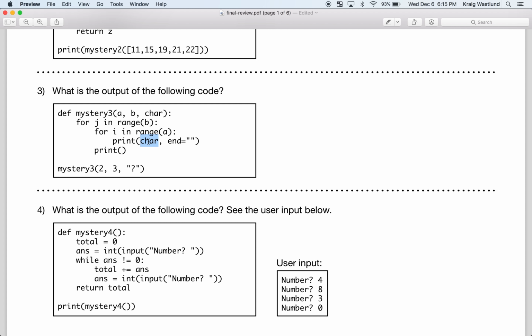So this is going to print char, whatever char is, which is a question mark, 2 times. So it's going to be question mark, question mark, and then it'll have a new line character, and it'll do question mark, question mark, and then a new line character, and then question mark, question mark, and then a new line character. So the answer to that